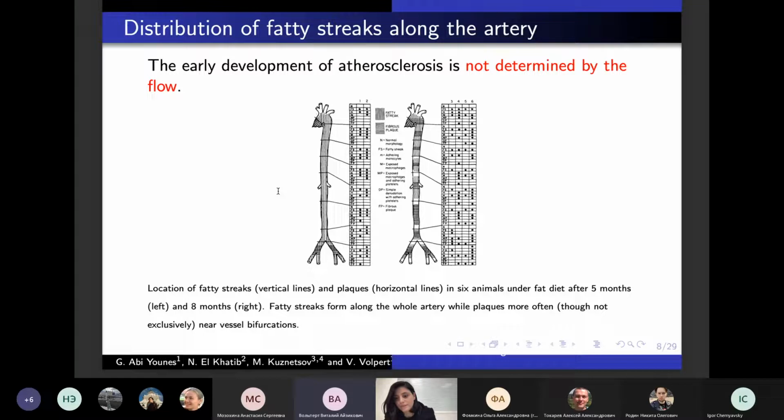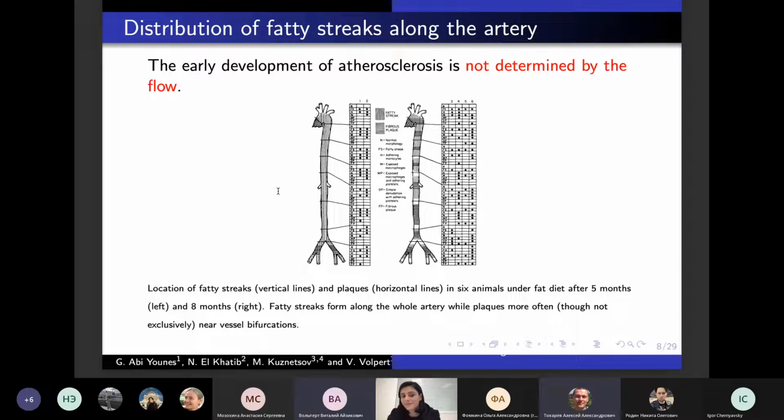of these lesions, they may not be related to blood flow, and they are explained by other factors. In this case, one can conclude that plaque development is not determined by the perturbed flow, because well, flow does exist everywhere here. We do not have no-flow conditions, so flow is everywhere, and so we cannot conclude that atherosclerosis is not determined by the flow.